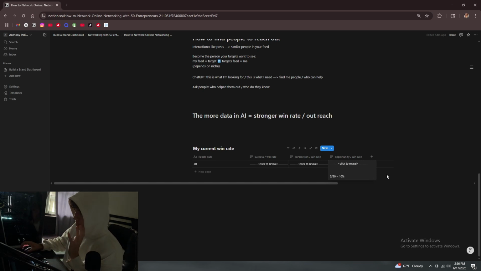So for my first run with this, with my first 50 people, 5 out of 50, a 10% win rate with opportunity, I think is amazing. So I'm really proud of that. Hopefully going to keep working on this. I wonder next time when I do one of these to see how much that has increased. Definitely is going to have a lot of information to go off of, knowing that I have 50.